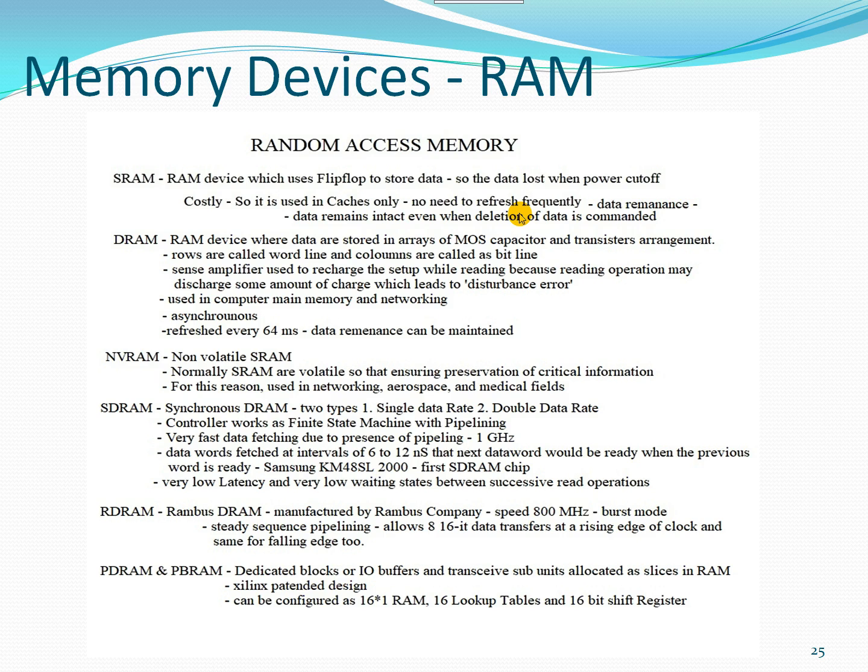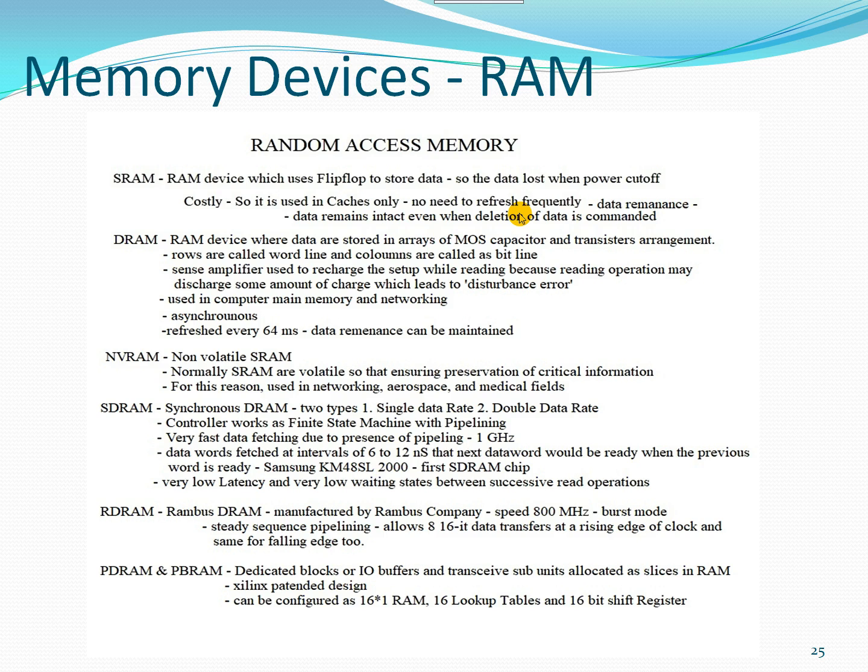And SDRAM is going to be a very important memory device in the case of large and very sophisticated embedded systems. This can be operated as synchronous dynamic random access memory. So here we have two types. One is single data rate and another one is double data rate. Double data rate is nowadays very common in laptops and current PCs. The controller works as a finite state machine,